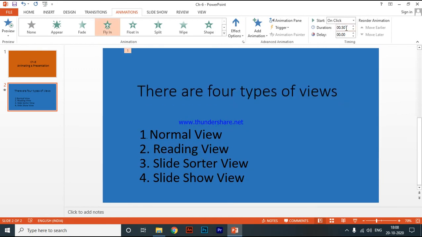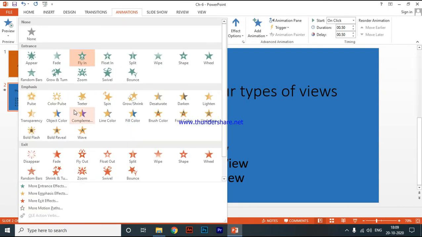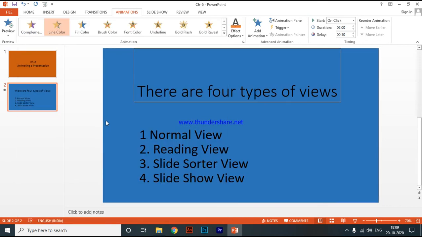Okay, these are the time durations and delay also. Now you can set the speed like this, 0.5. Now click on this, and these speeds will be delayed over here. Same as that, you can choose the exit effect, and the emphasis effect. Now suppose it is a line color, you will see the line color will be changed, some boxes like that. Okay, so we have properly understood how you can add the animation by the screen. Practically we will learn.